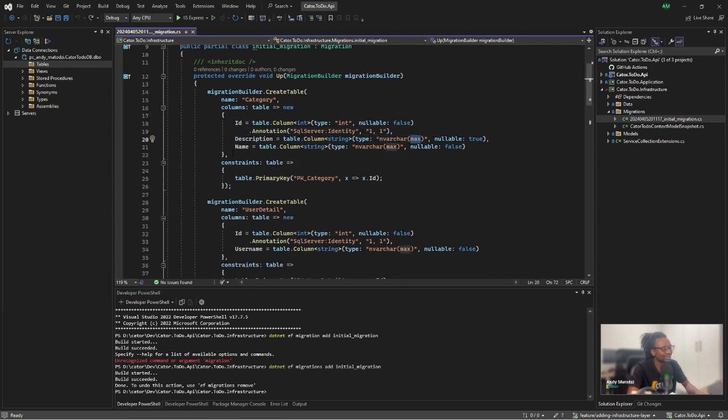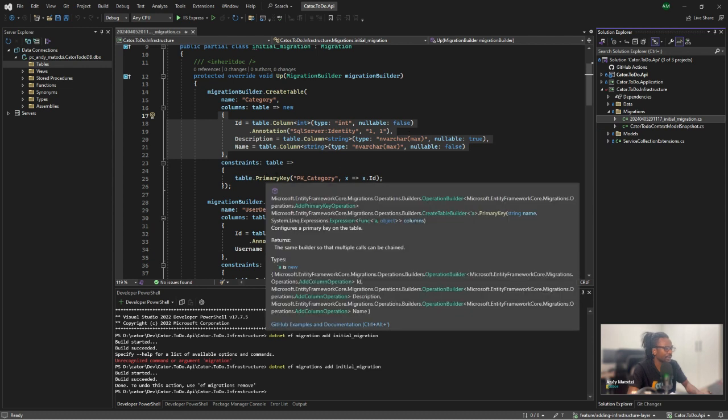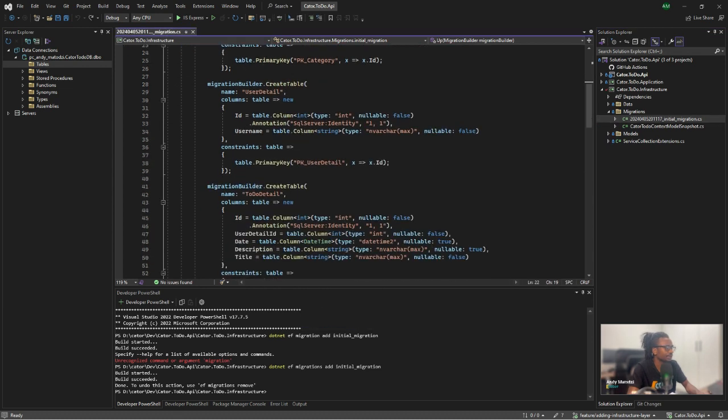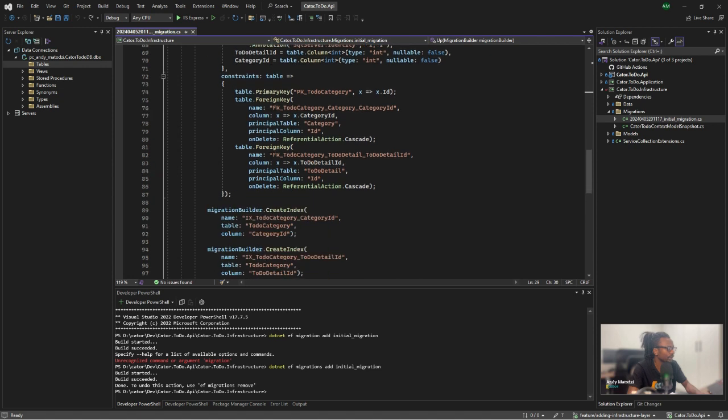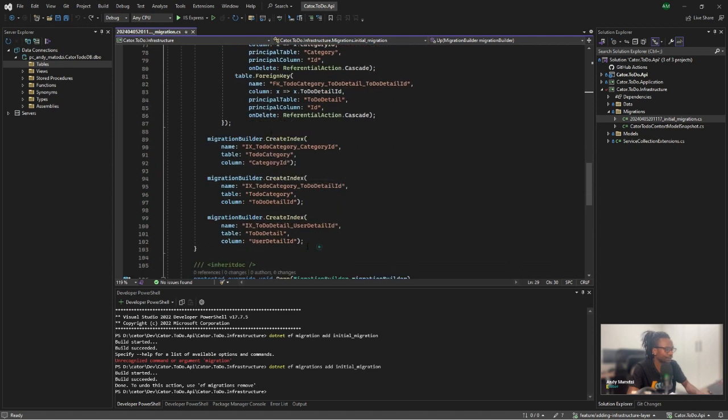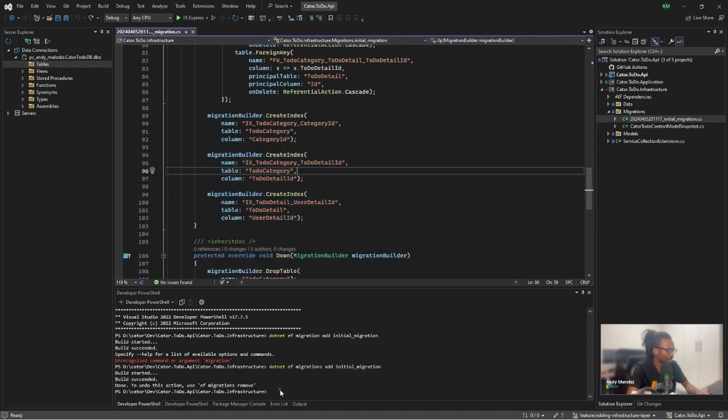You can put these annotations directly onto the classes that you created here, but for me, I try to keep it as simple as possible. And you can see it goes ahead and creates all these other different tables in here. But for us to be able to say, hey, we see this migration that has been created, go and push this update into our database and make it effective,